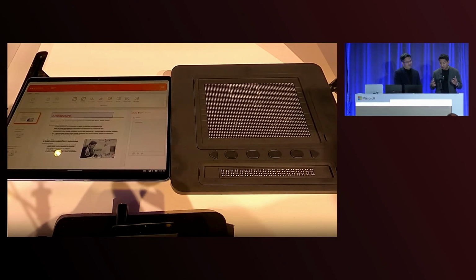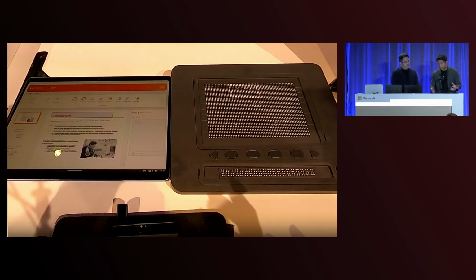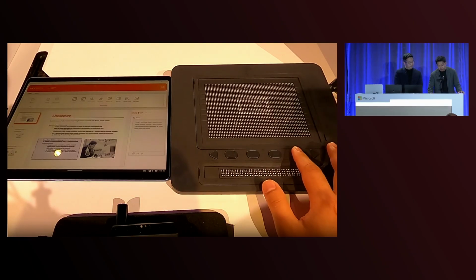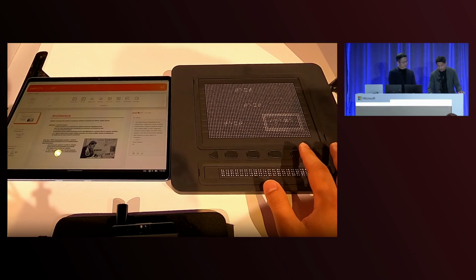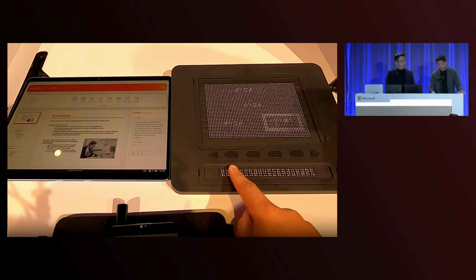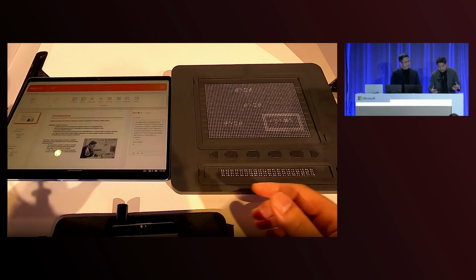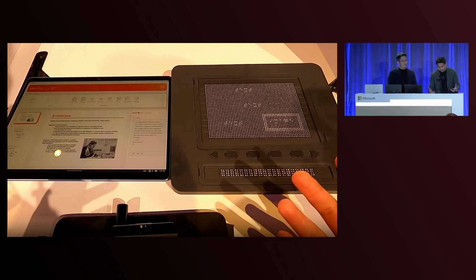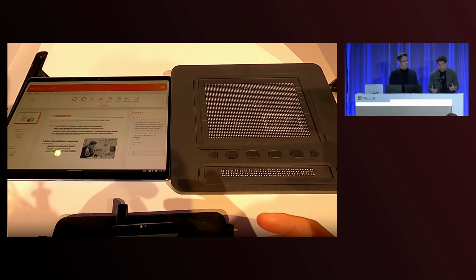Next, the Image Description API provides a visual description of images, like the image here with the chess player. And the description will be shown on the single-line braille display area for the blind users. It reads, the image shows a chessboard with 2 chess pieces, a knight and bishop, indicating a chess game is in progress.